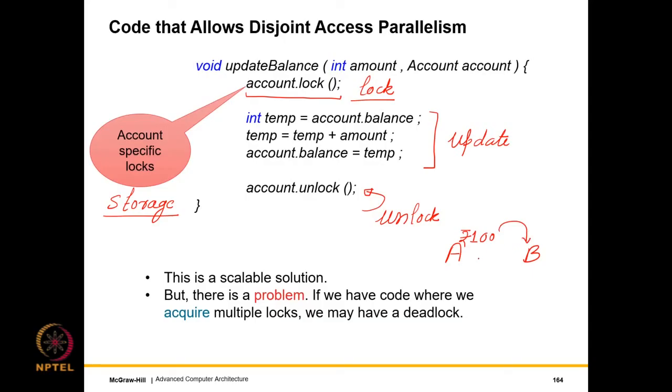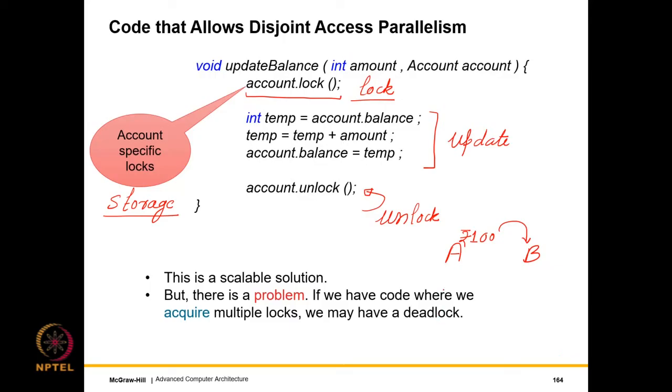So one thing we need to check is that whether the first account has 100 rupees or not in its balance. And second, we need to check if account B is frozen or not. So many times what happens is, because of different law and order reasons, account B may be frozen. If it's frozen, we can't transfer any money to it. So what we would need to do is we would need to lock both accounts A and B. And this is where we can have a potential deadlock situation.